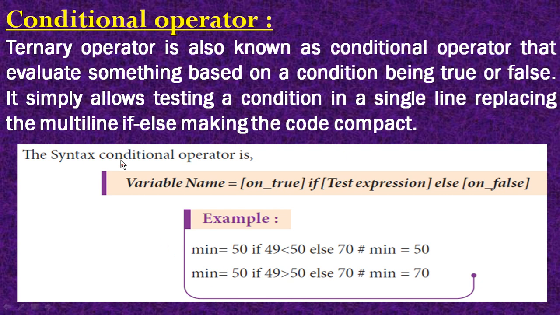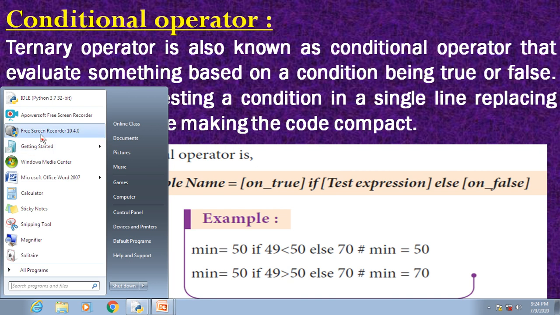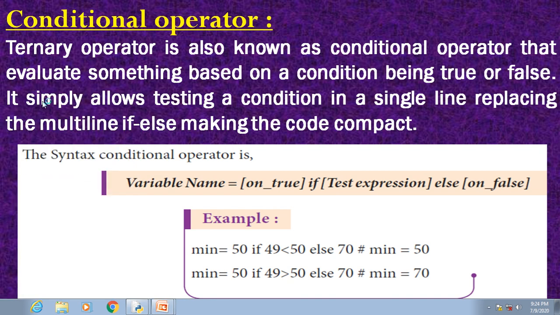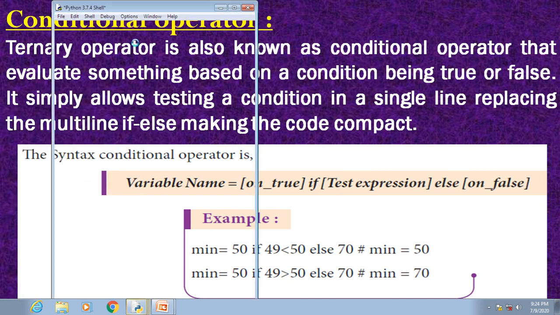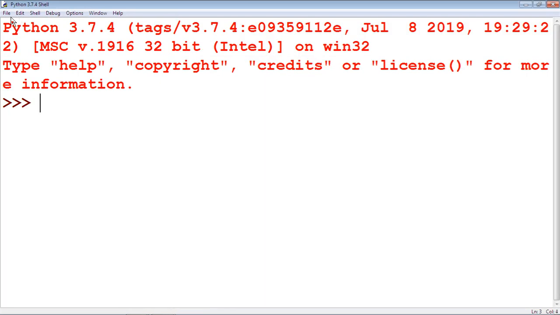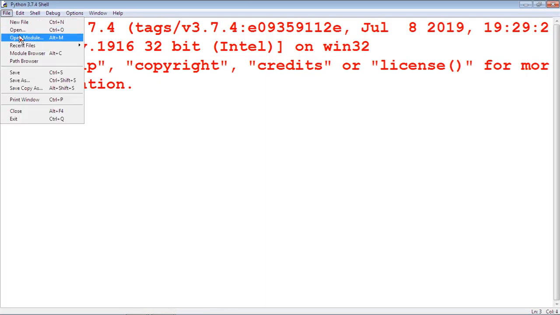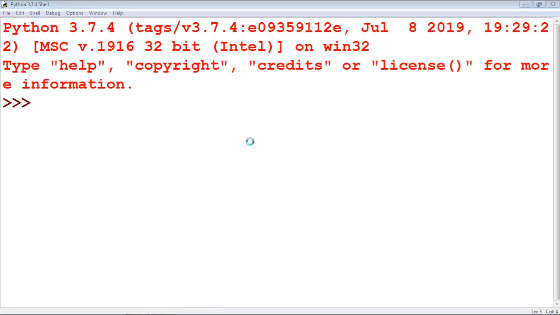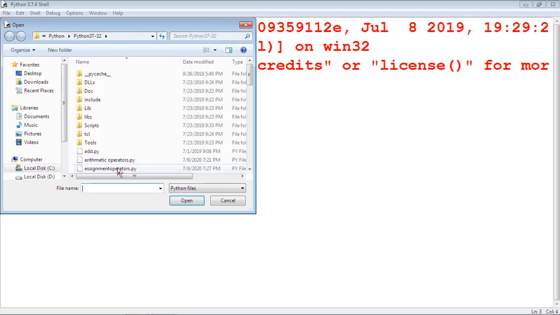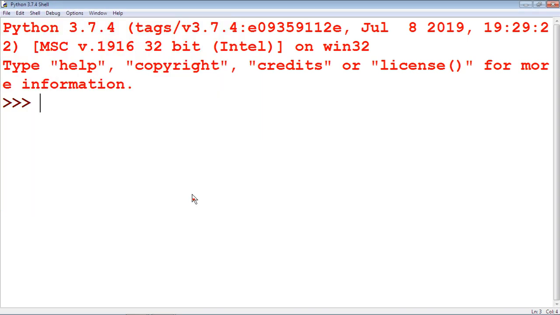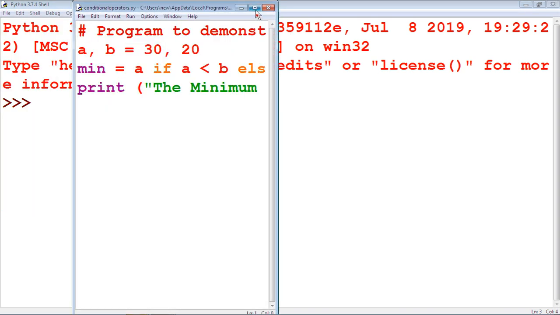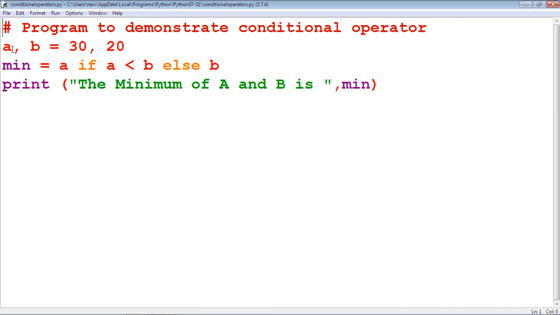Here is one example program for conditional operator. Here A value is equal to 30, B value is 20.